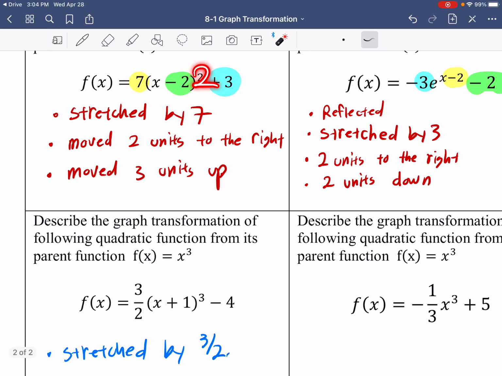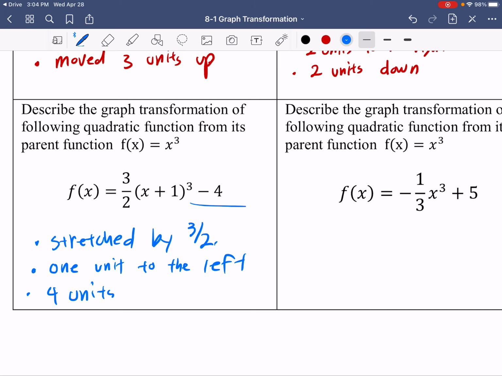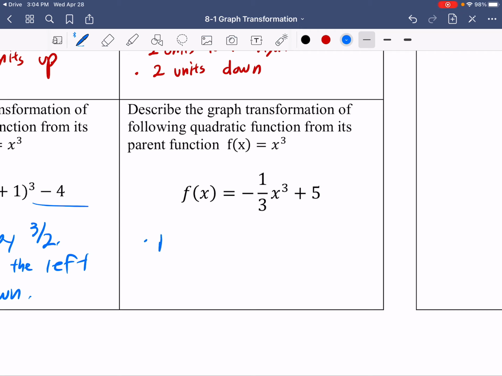Now it's a cube, right? Unlike this, it's a cube, but nothing changes. Plus 1 is gonna be the same thing. 1 unit left. And -4, same thing. 4 units down. Alright? Same thing here. Reflected. And 5 units up. Oh, I forgot this 1/3. It's compressed because it's